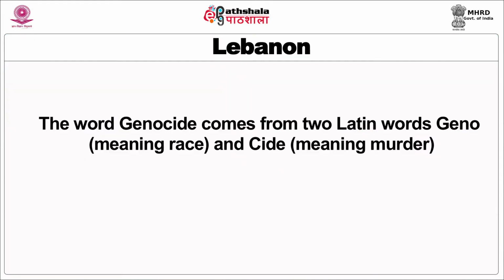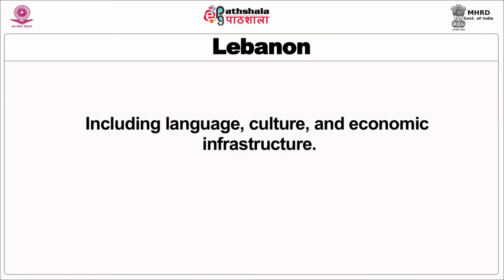The word genocide comes from two words, geno meaning race and cide meaning murder. The term was originally coined by a lawyer named Raphael Lemkin in 1944 in his book entitled The Axis Rule in Occupied Europe. He defined genocide as a coordinated strategy to destroy a group of people, a process that could be accomplished through total annihilation as well as strategies that eliminate key elements of the group's basic existence, including language,